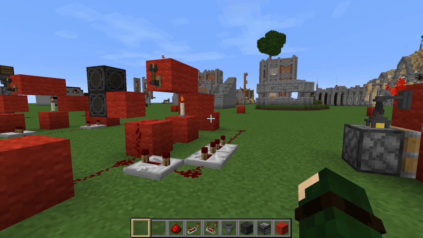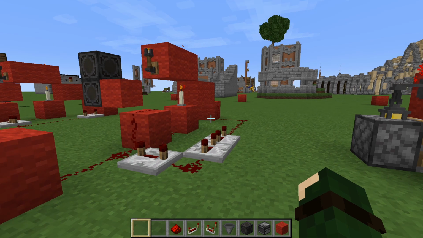So what I'm going to do in this video is show you the circuit, build it, and then we're going to do something special. I want to go into my single player world and show you an example of me using it that I actually came up with. Maybe it'll inspire you, and you can tell me in the comments how you used it in your single player world. So here we go.